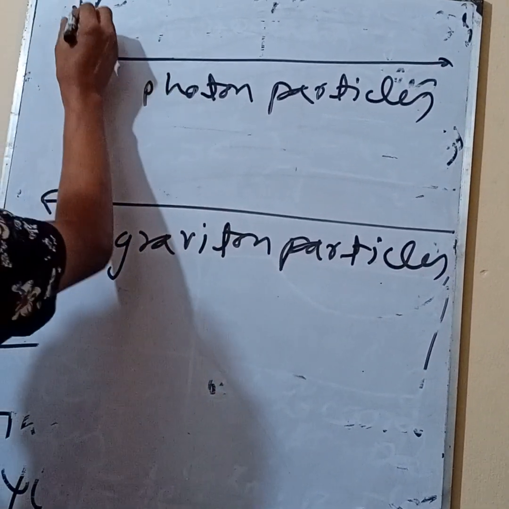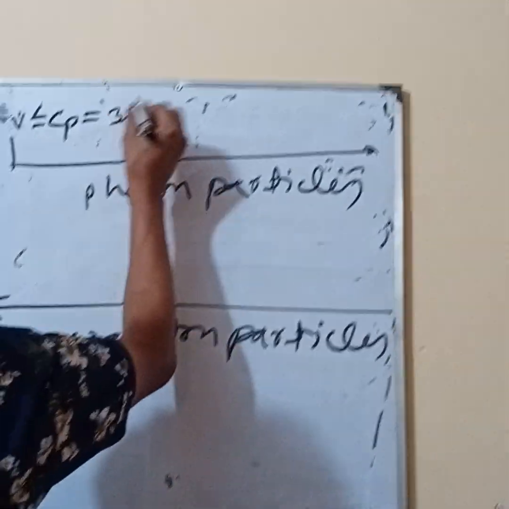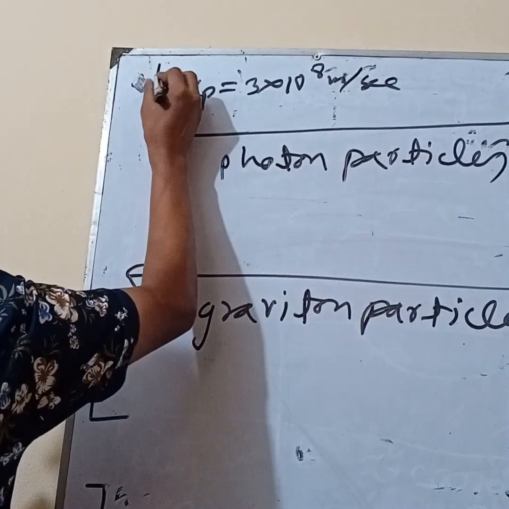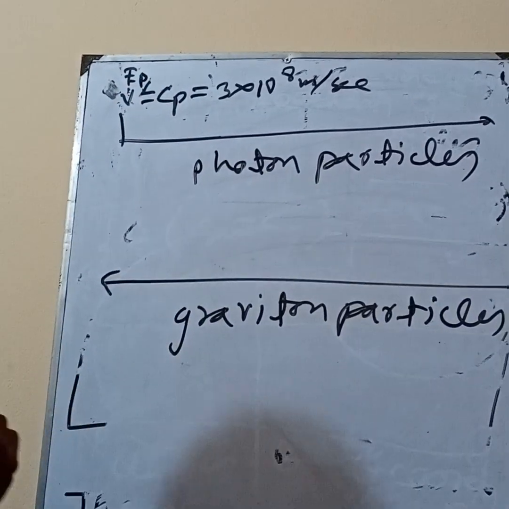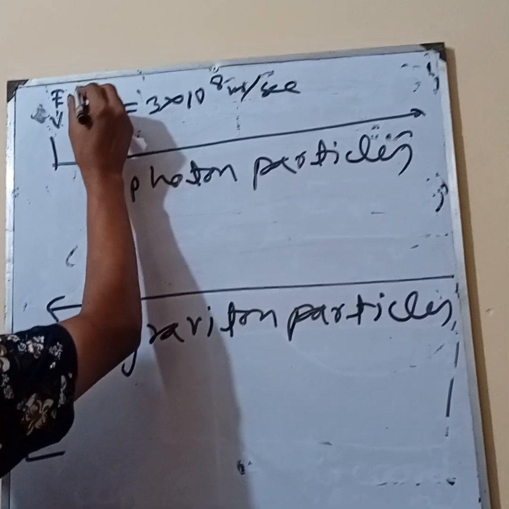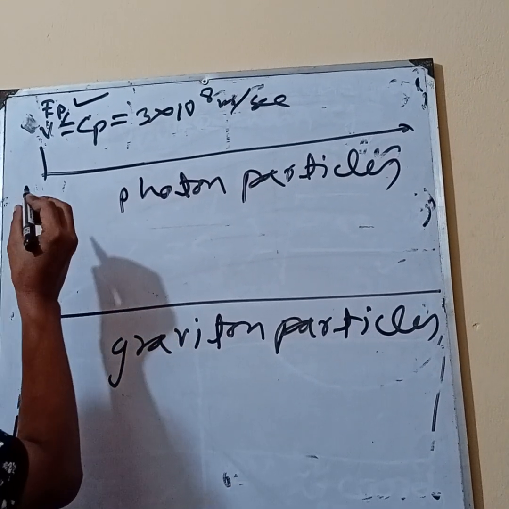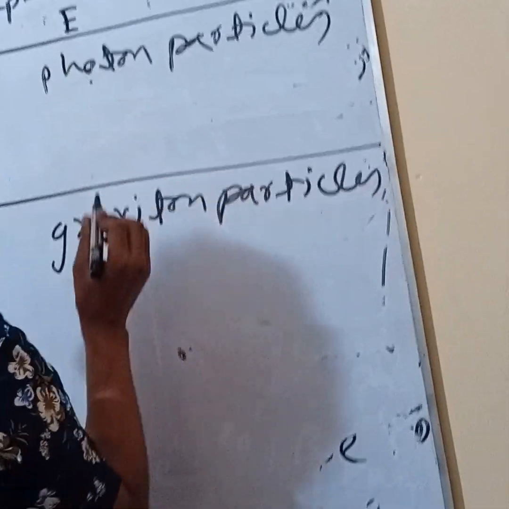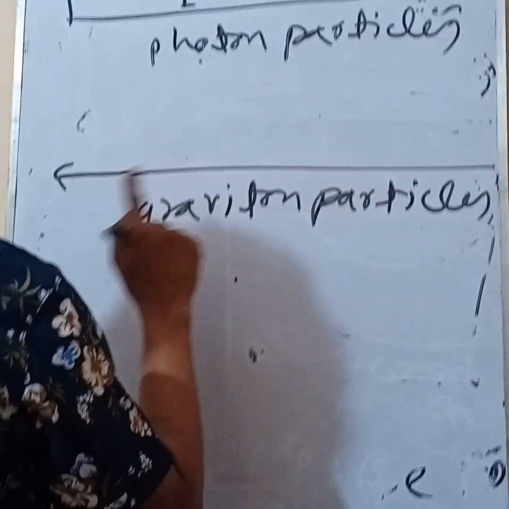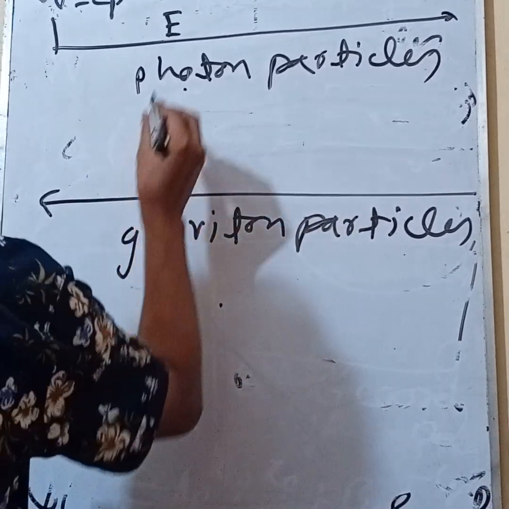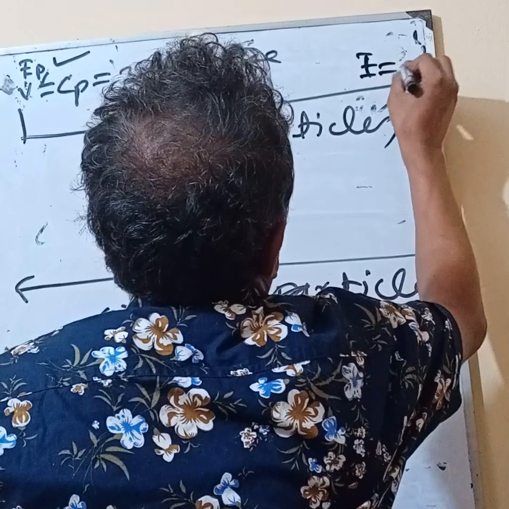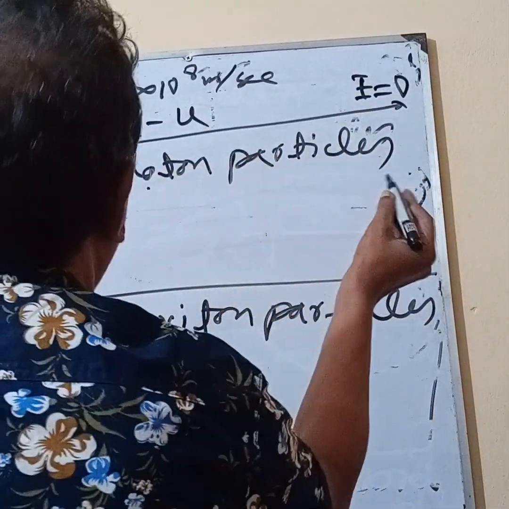Their photon particles velocity cp is equal to 3 into 10 to the 8 meter per second. Then if p has a value, but if p with the interaction of photon particle and graviton particle reciprocally inverse, if p minus u at one time is equal to 0 by the inverse force,